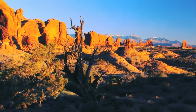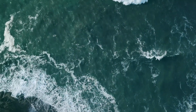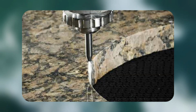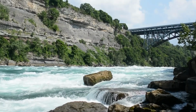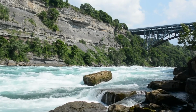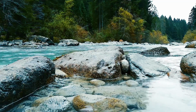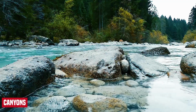Now, let's turn the page to a much calmer artist, water. Slow and steady, but equally epic. Water might not seem dangerous, but given enough time, it can cut through stone like a hot knife through butter. Sounds surprising, right? But that's exactly how rivers shape the land around them. As water flows, it picks up small rock and sand particles, dragging them along the riverbed. These act like natural sandpaper, grinding away at the rock below, slowly but surely carving out valleys, canyons, and deep